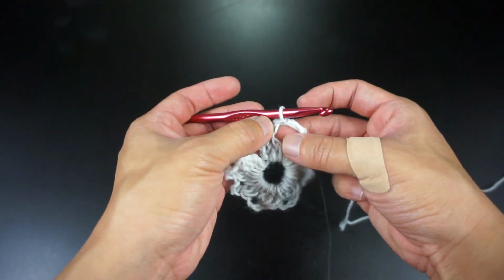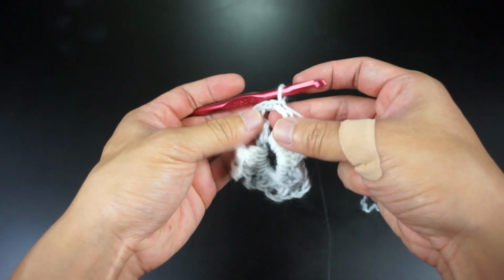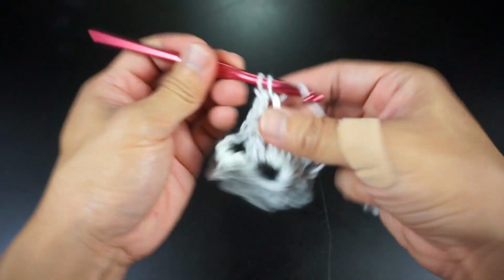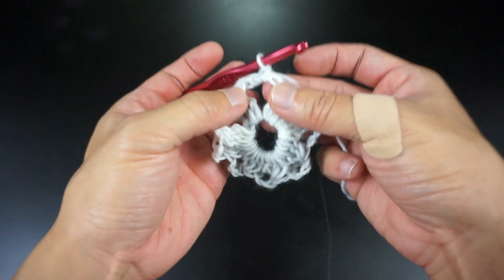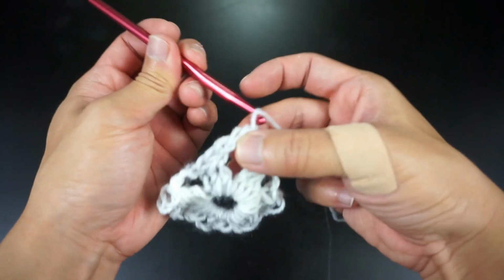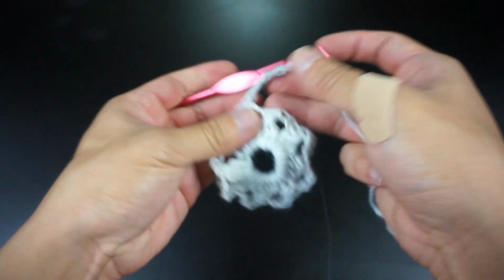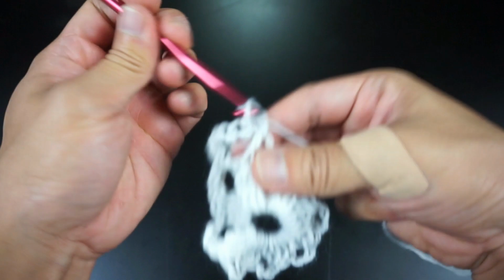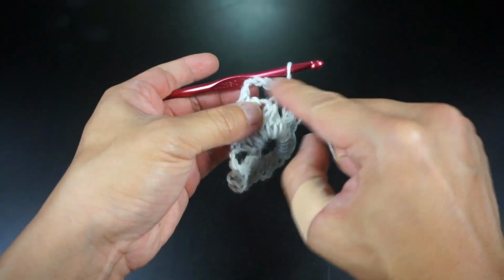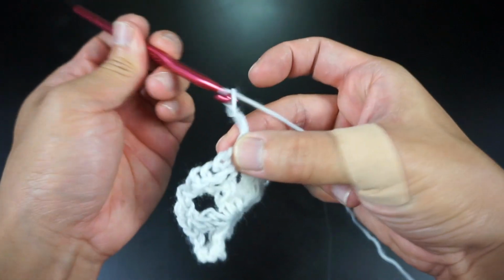Once you're here, you will chain 1 and then single crochet into the same chain 3 space that you just got to. When you're done that, you will chain 5, and then go to the next chain 3 and single crochet here, forming a kind of wider little bump here. Chain 5,